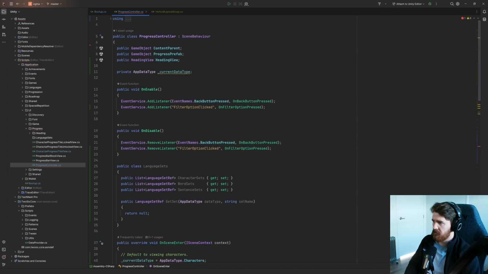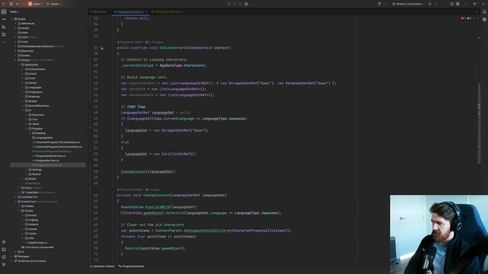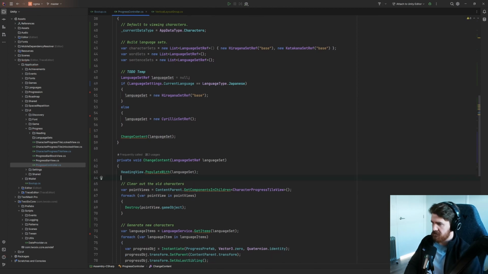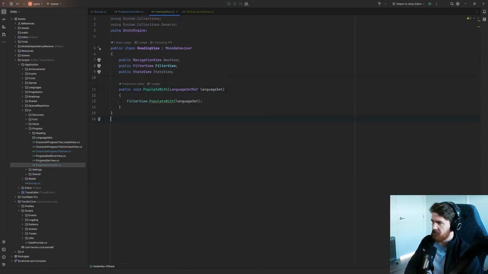So let's move that logic out of here. And so what we want to do is just move it into this heading view. So when we populate it, what we want to do is,